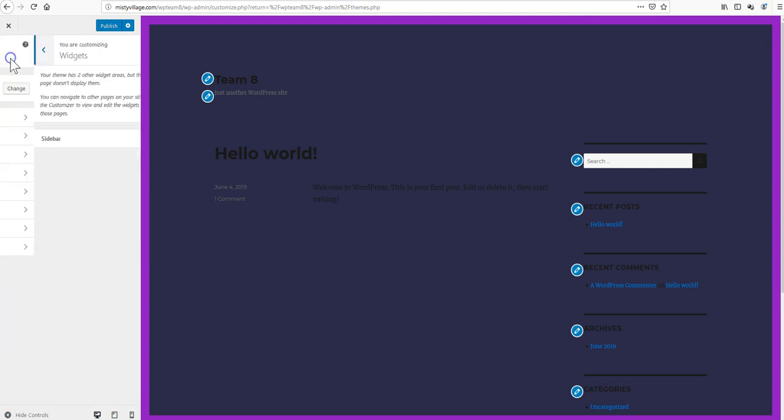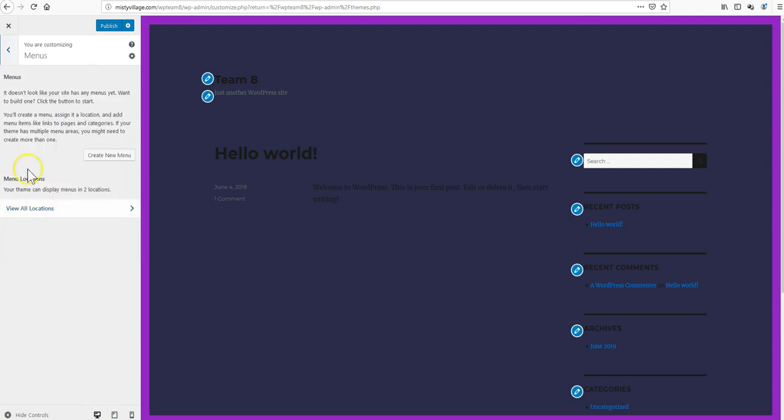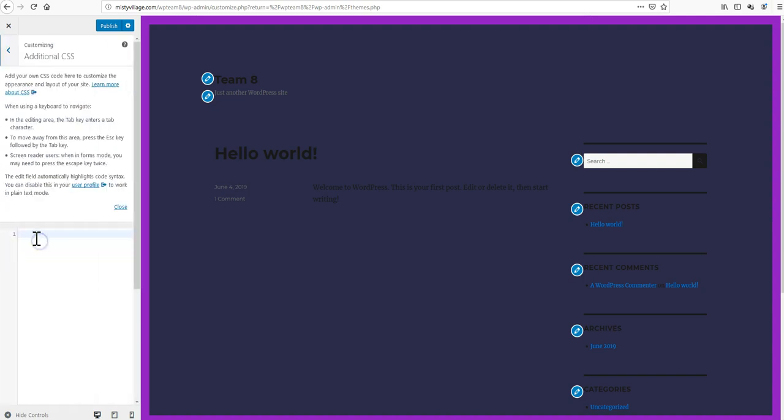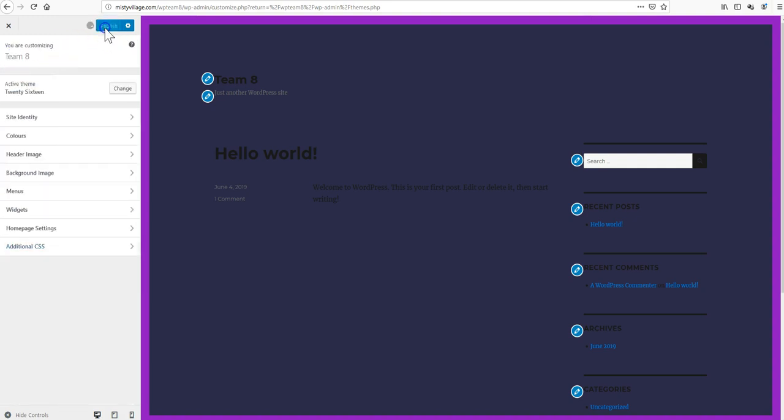Right? And yeah, you can modify widgets, you can modify menus and everything. And you can even add your own CSS rules in here. I want all A links to be color pink. So that should really stand out, right? And if I hit publish,